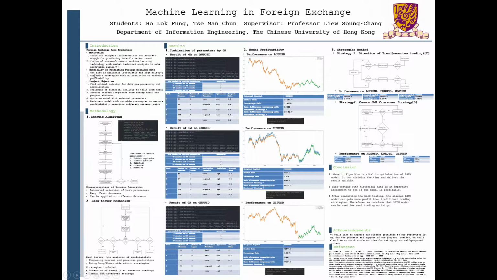And this semester, we have created two main features. The first one is the genetic algorithm, and the second one is the backtesting mechanism. First, the genetic algorithm. Last semester, we created an LSTM model and input the training parameters randomly. We believe that it is not good to do the optimization this way because it's totally random. It cannot help us achieve the optimized parameters to train the model and get the optimized training